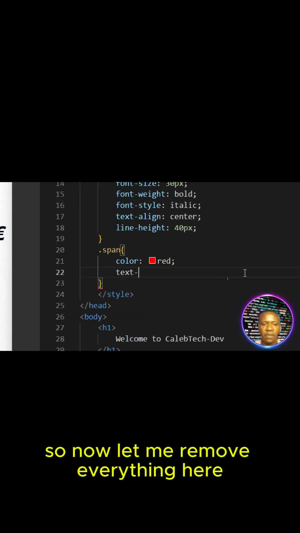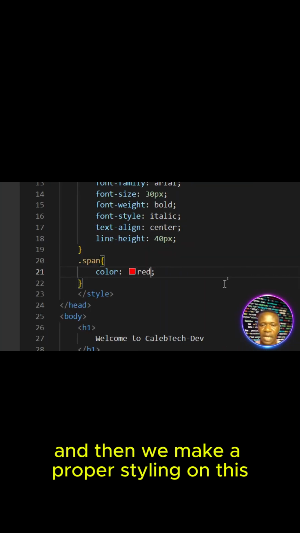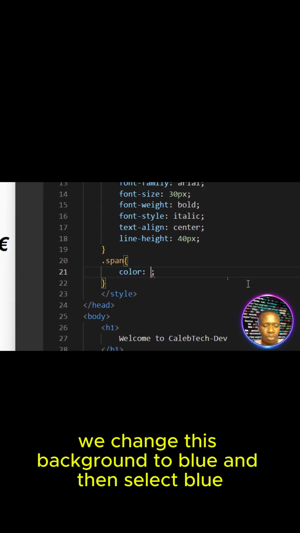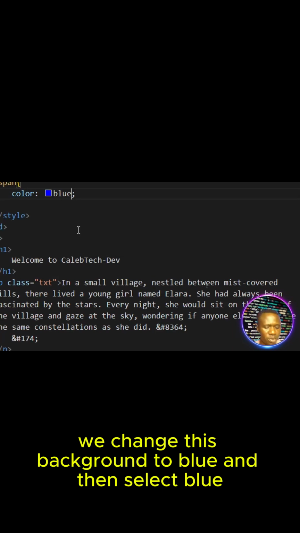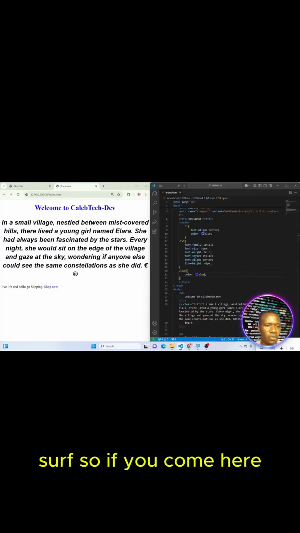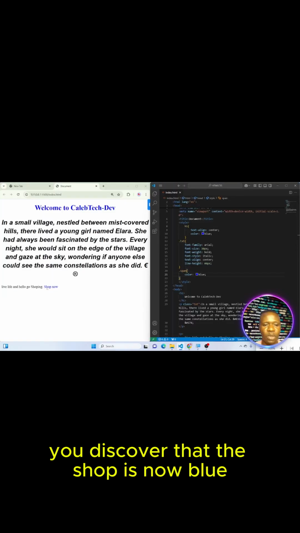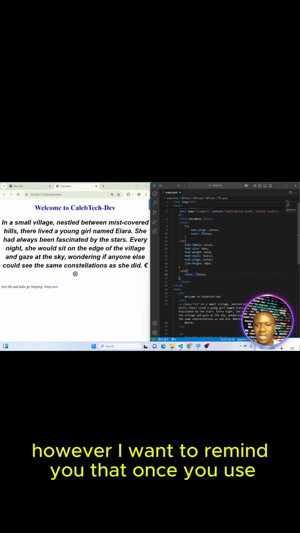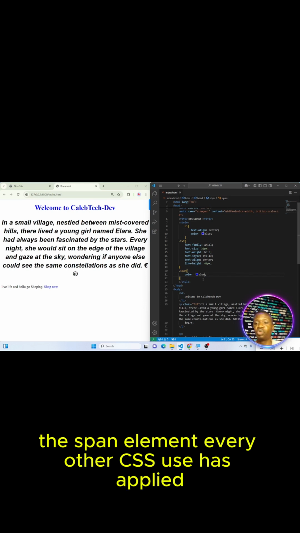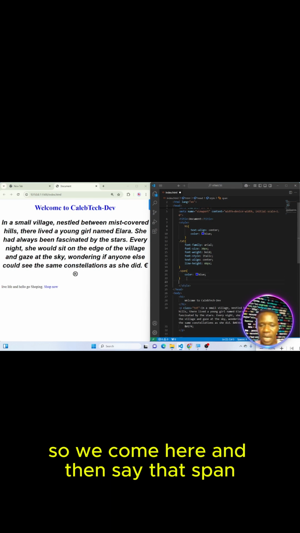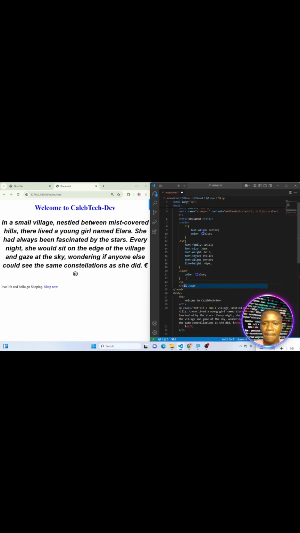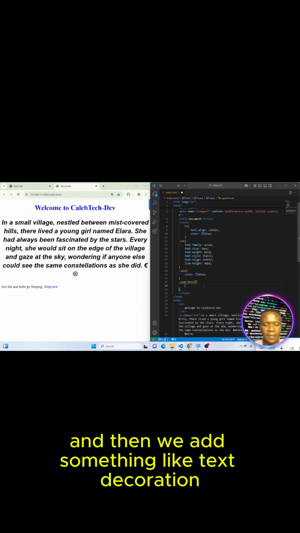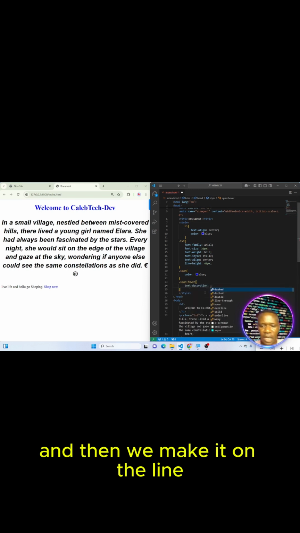So now let me remove everything here and then we make a proper styling on this. What we are going to do here, we will change this background to blue and then select blue, save. So if you come here, you discover that the shop is now blue. Then we will add more CSS. However, I want to remind you that once you use the span element, every other CSS rule can be applied. So we come here and then say dot span colon hover and a curly bracket. We divide it and then we add something like text-decoration and we make it underline,